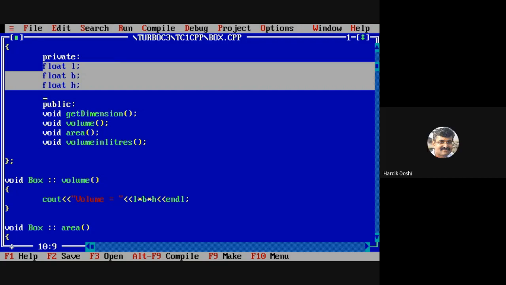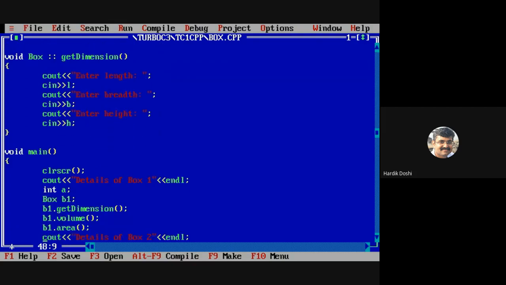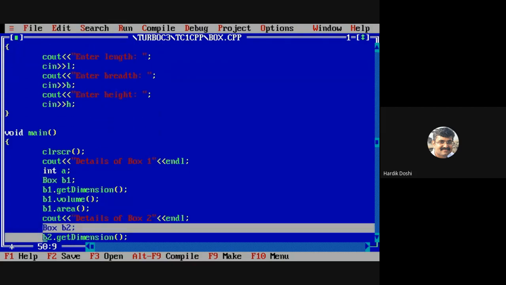If I still move further, what happens when I write box B2? What will happen?